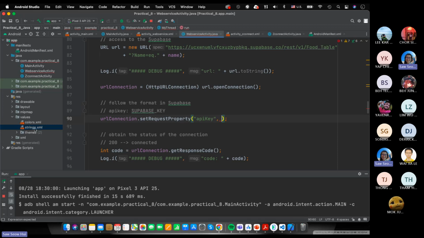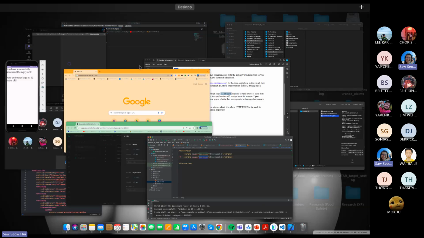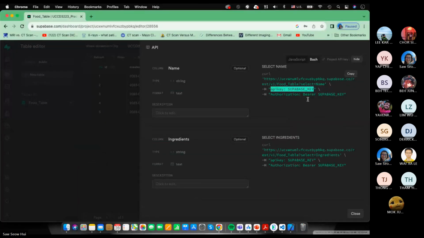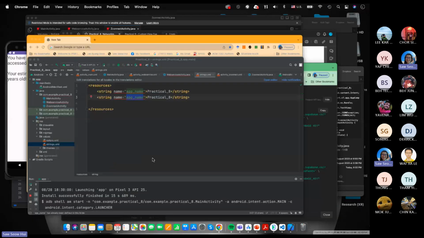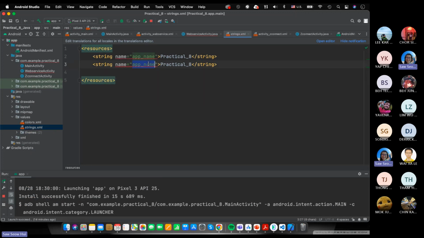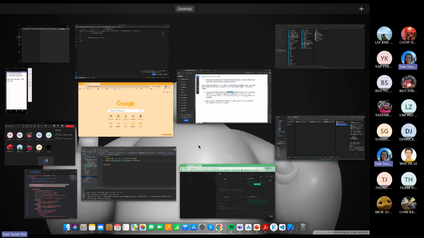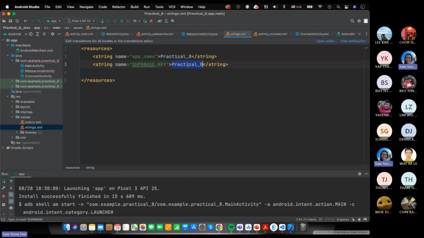Before that, you go to your strings.xml, add a string, and name this as SUPABASE, big capital letters, SUPABASE_KEY. You can declare anything, no problem. Now when you get the Supabase key,